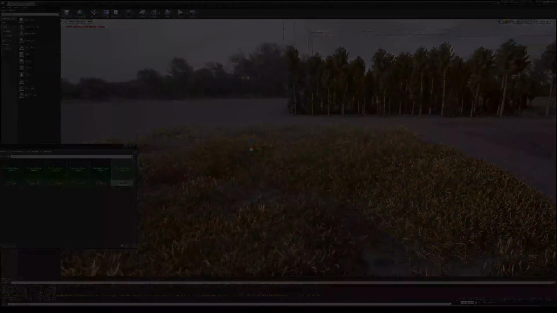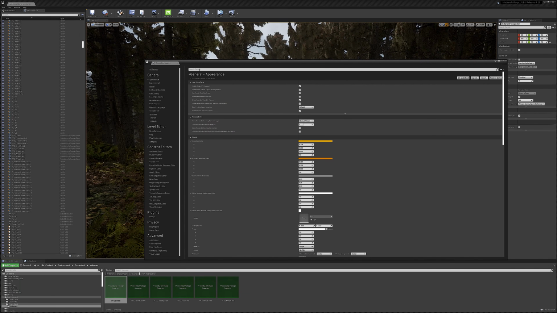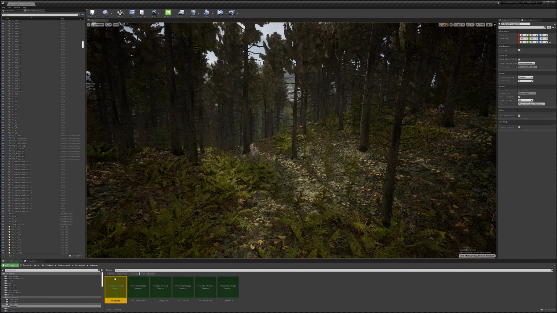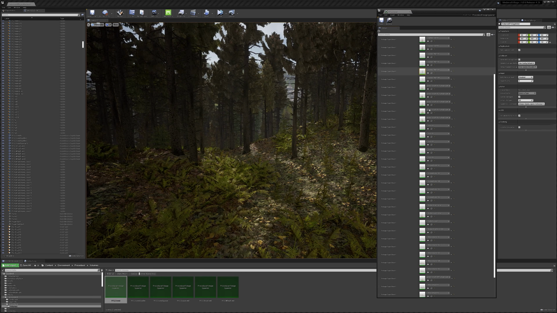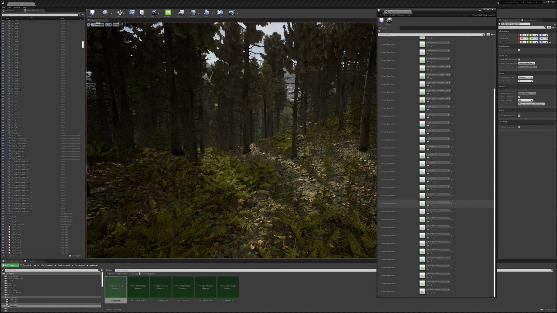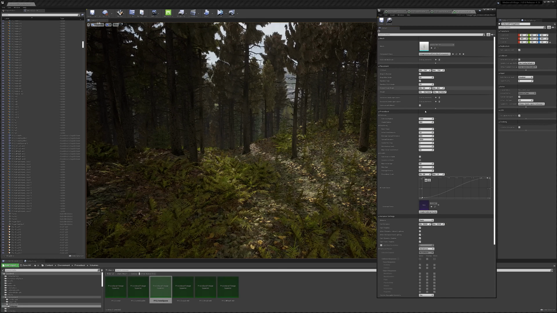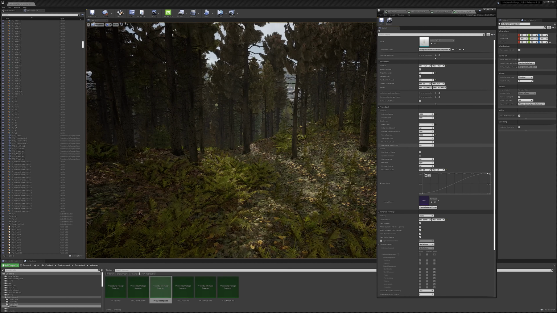To enable this feature, you simply need to open up your editor preferences and make sure that you check procedural foliage. With that out of the way, the entire process is really as straightforward as specifying what foliage you want to spawn, and then just playing with their individual density, spawn and collision radiuses, shadow growth, age and iteration rules to achieve a somewhat natural looking ecosystem.